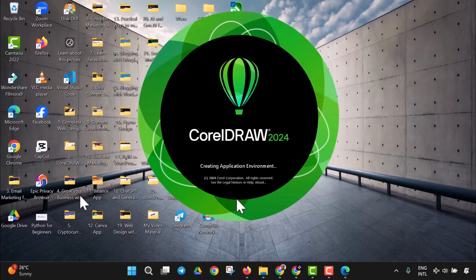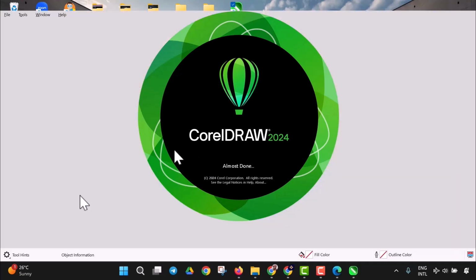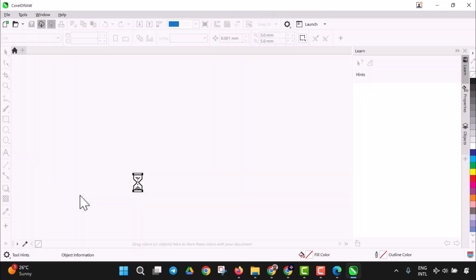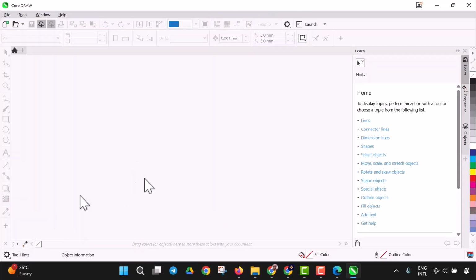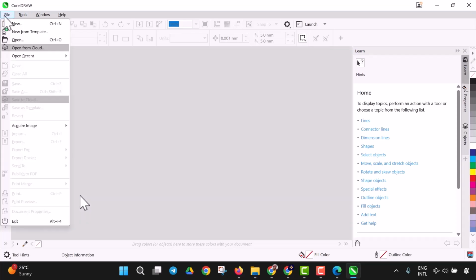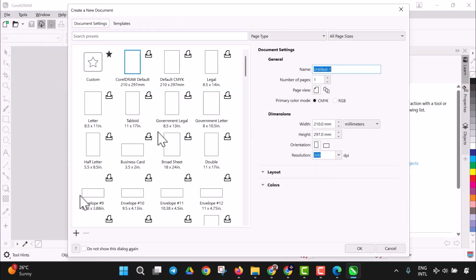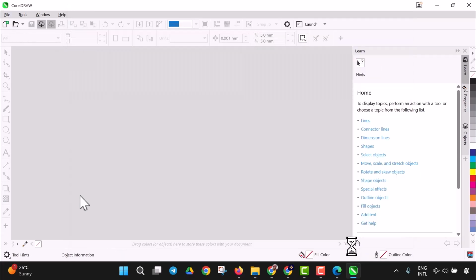Of course, it's a licensed software, so you could use it for as long as you want to use it. So I'm going to open this up, and having opened this CorelDRAW 2024 up, I'm going to be able to use this right now. So let me just create my first design so you can see that this works perfectly well. So I'm going to create a new file. If you are familiar with CorelDRAW already, you're going to create a custom file, and I'm going to okay